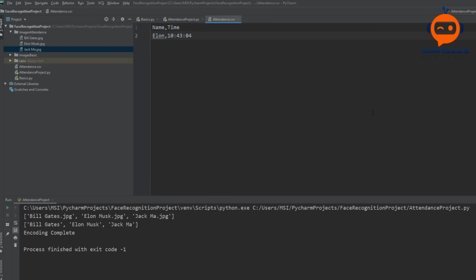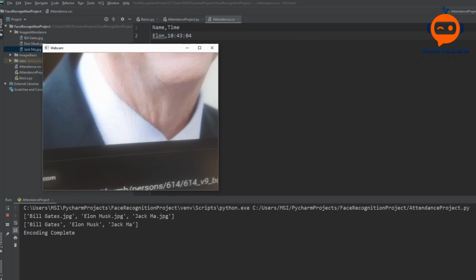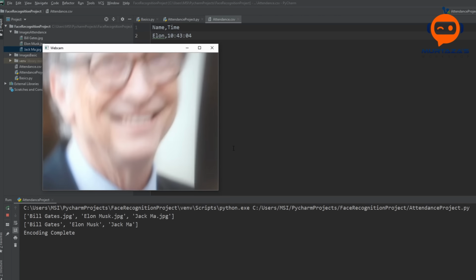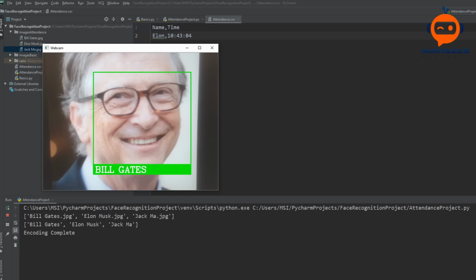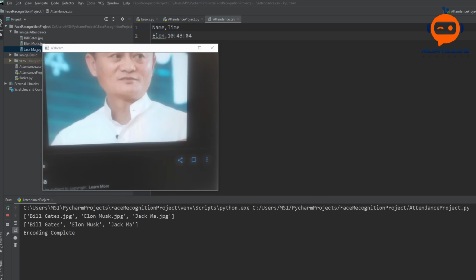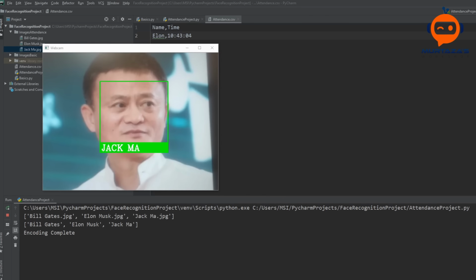So let's show that and let's see how it works. So here we have Bill Gates. We have shown Bill Gates, and then we will go to Jack Ma, and there you go.